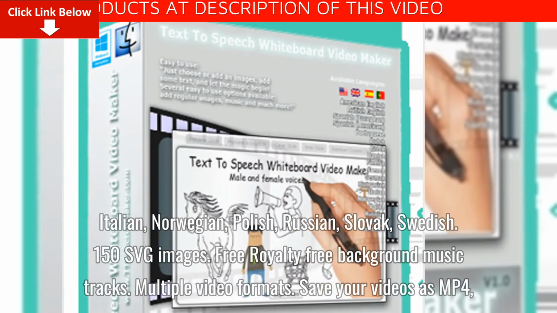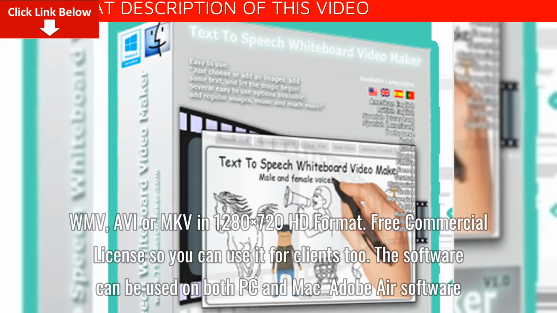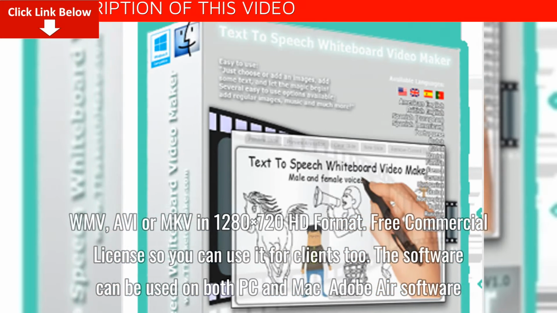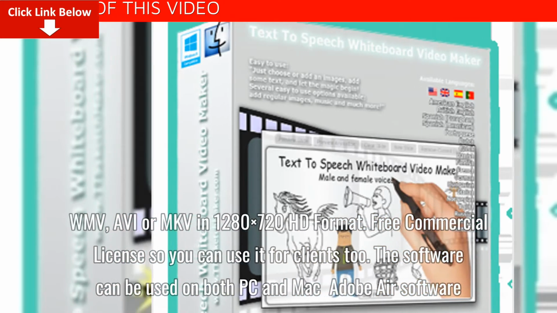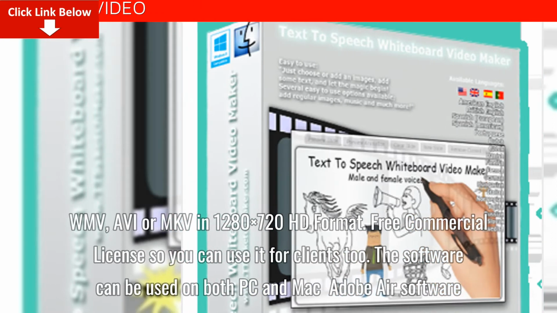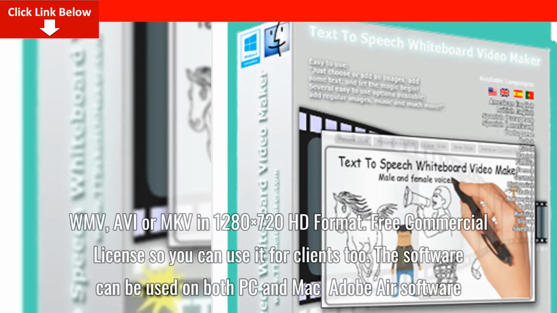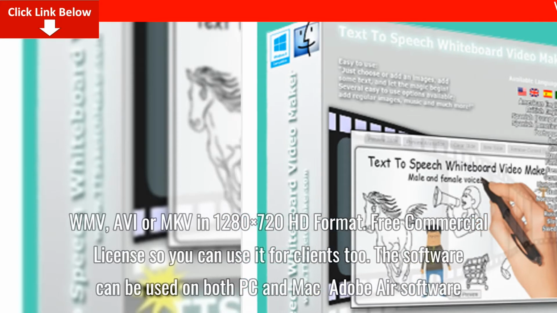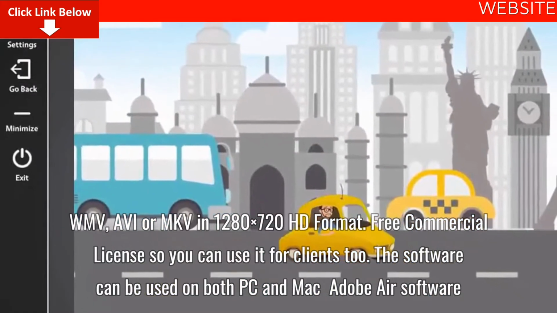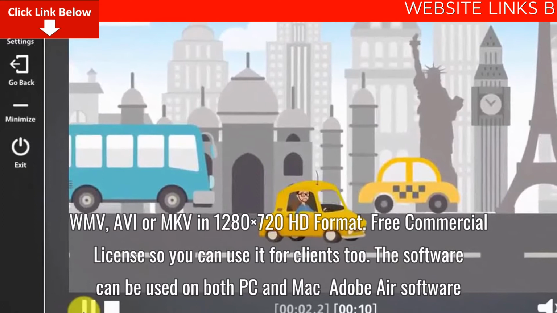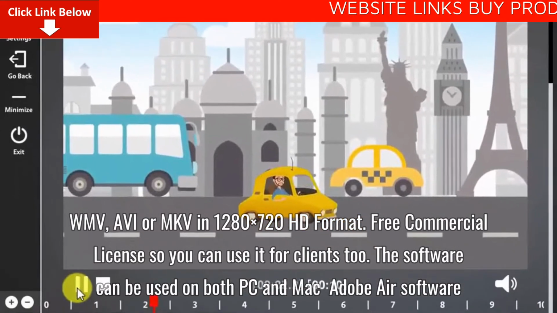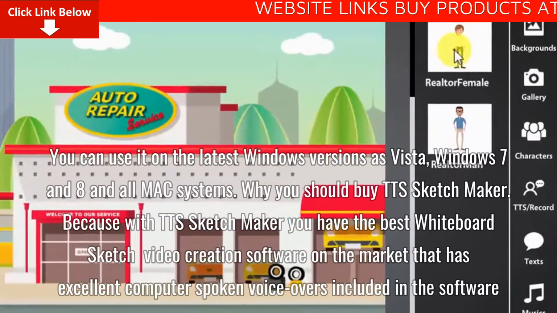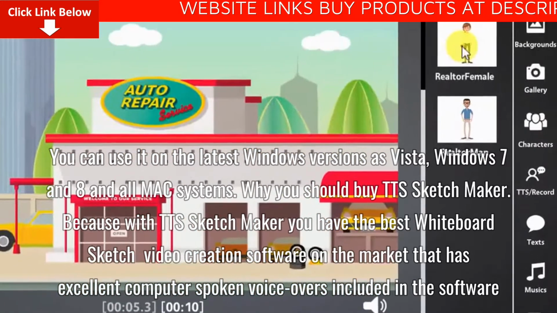Save your videos as MP4, WMV, AVI, or MKV in 1280x720 HD format. Free commercial license, so you can use it for clients too. The software can be used on both PC and Mac. Adobe Air software. You can use it on the latest Windows versions such as Vista, Windows 7 and 8 and all